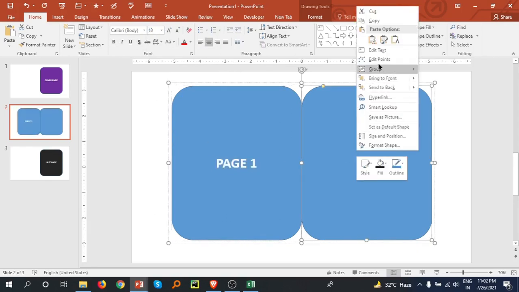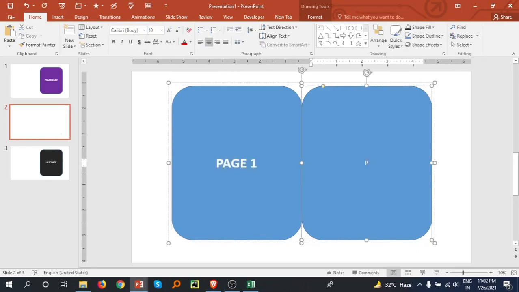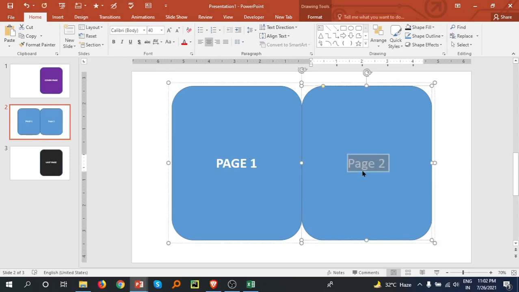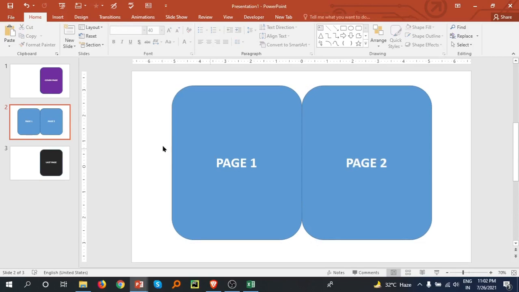Select the second page, edit text, and page 2 for this, Control A, and make the size 40, and also uppercase, bold. Now go to the left side, select this slide, pressing Ctrl D for duplicating this.